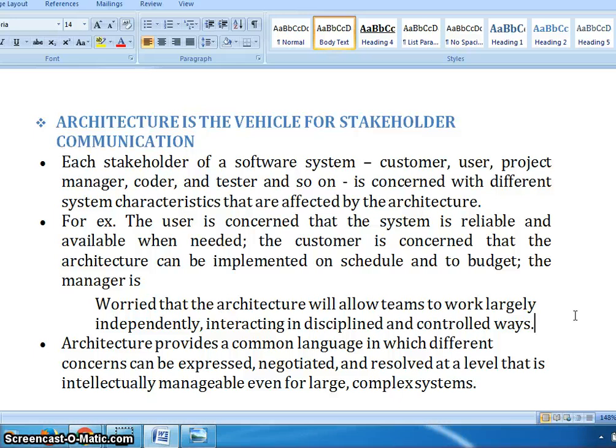So on that date I need to complete all the tasks assigned to the team of developers. If I am not fulfilling that, then it is again a problem for the people who are investing in this software. That is, it should be implemented on schedule and to the budget.